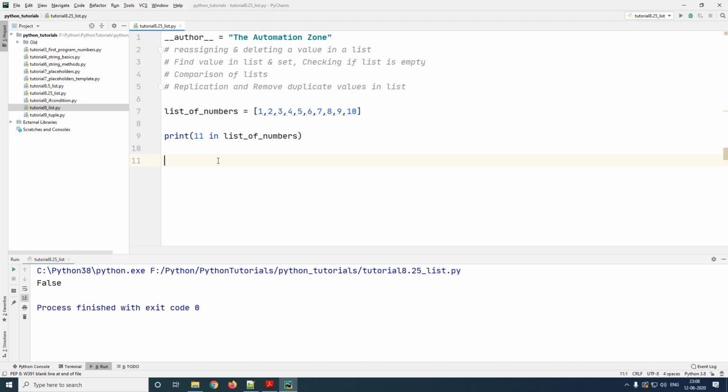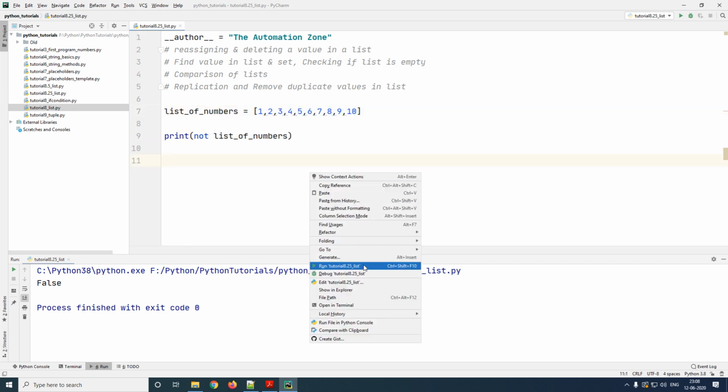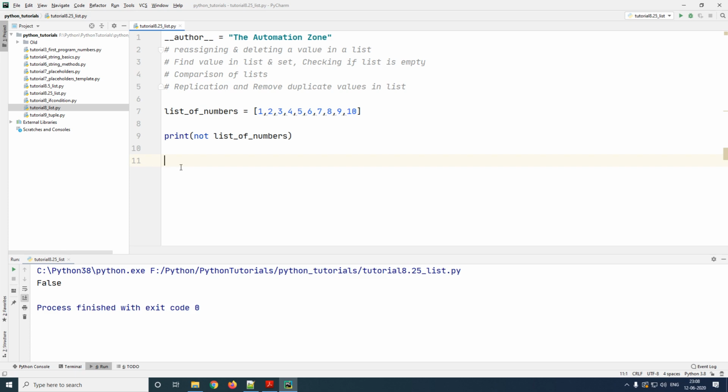Now when you go ahead and start coding huge programs, it might be important that you check if a list is empty or not. In order to find out if a list is empty, you have to use a keyword called not. You do not have to give any parameters before, just not, and then you give the list. Now this list of mine is not empty and it has certain values, so the output will be False. But if I give an empty list like this, you shall see the output is True.